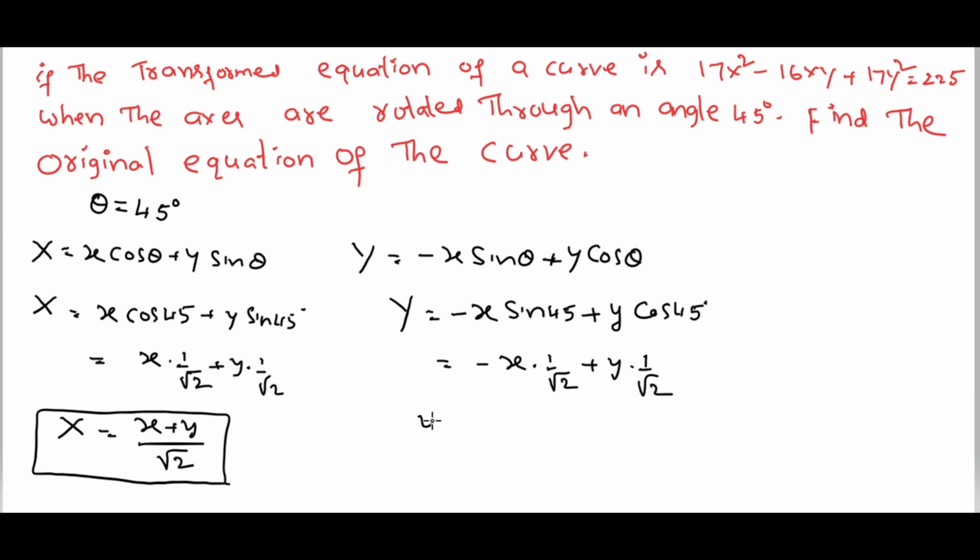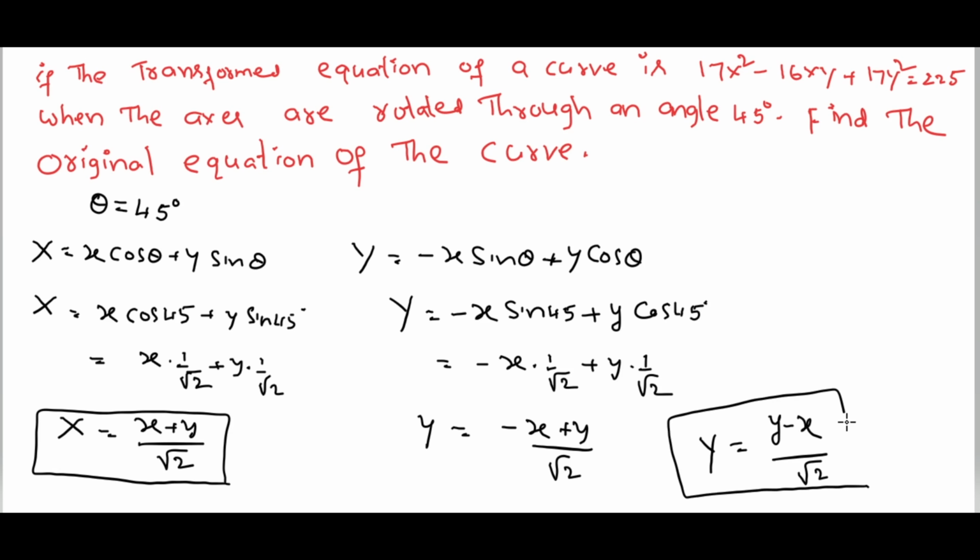Therefore capital Y is equal to (−x + y) by root 2. So capital Y is equal to (y − x) by root 2. Substituting these capital X and capital Y values in the given transformed equation,